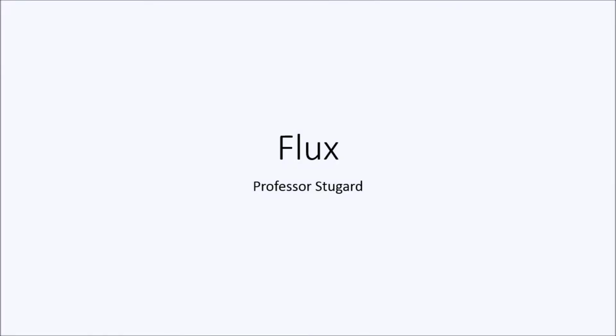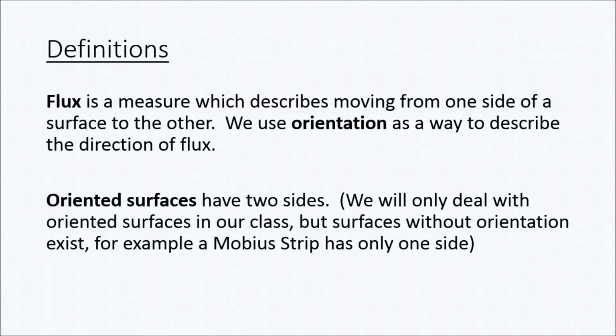This is our lecture on flux. Flux is how we measure moving from one side of a surface to another. And although we sometimes describe this in terms of fluid because, again, that gives us a concrete way to look at and hopefully understand moving from one side to another, most of the time that we calculate flux, we're actually doing it in terms of electricity and electric fields and potential on both sides of a surface,